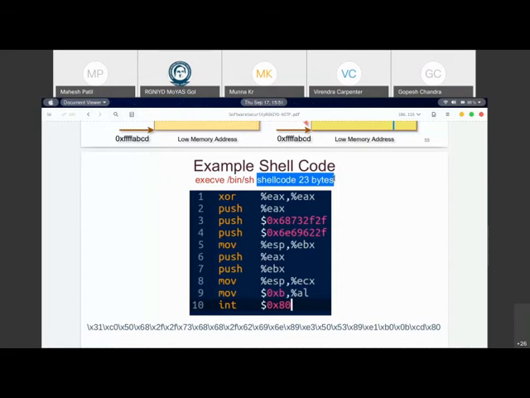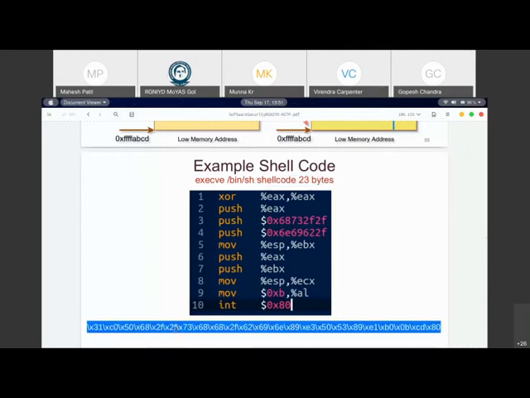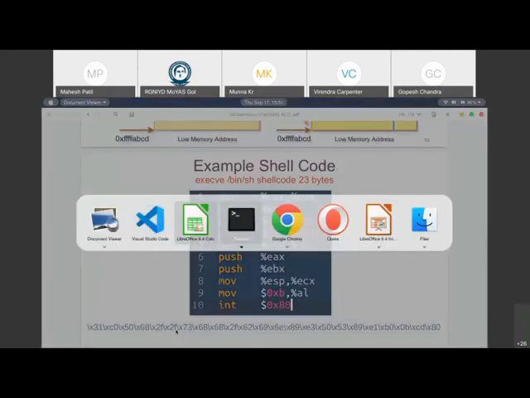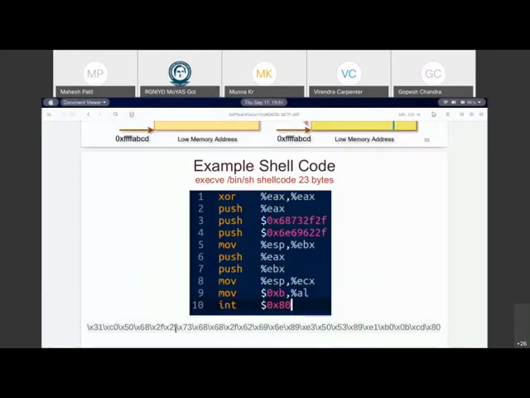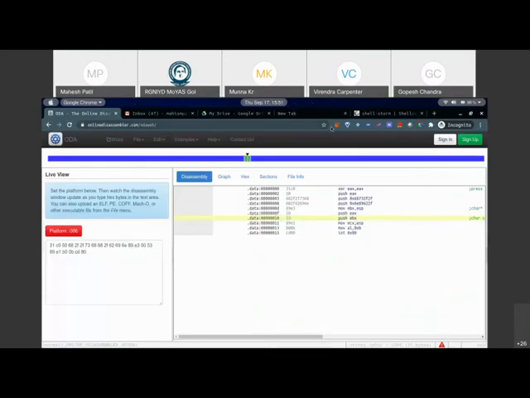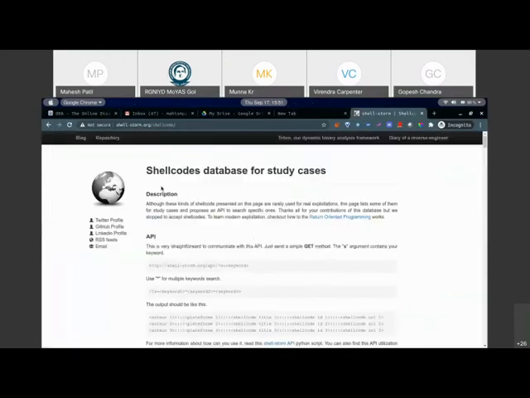That means if I'm able to inject these 23 bytes of code inside a process and start executing it, I may be able to get a shell as an output of this. So these 23 bytes can be encoded this way, as you see over here in hexadecimal, and put inside the memory. That is what a shell code is. So where do you typically get the shell code? If you go to this website here, it is shell-storm.org/shellcode.